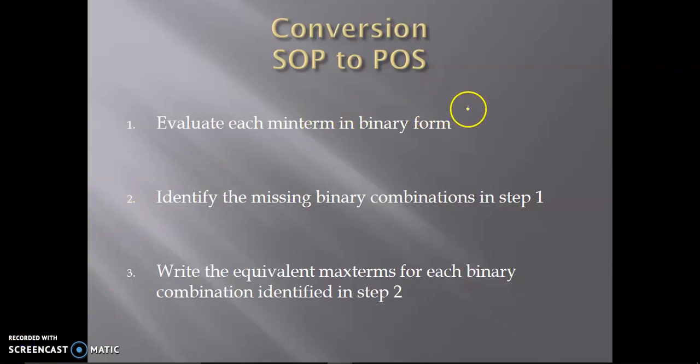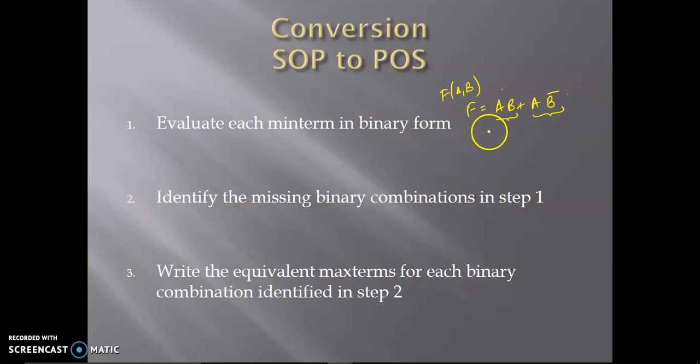Let us take an example. F is equal to AB plus AB bar. You have only two variables here. F is a function of A comma B. Let us assume so. So only two variables and only two minterms. Now, since both the terms contain all the literals, that means it is in the form of minterms, and that means it is in the canonical form.